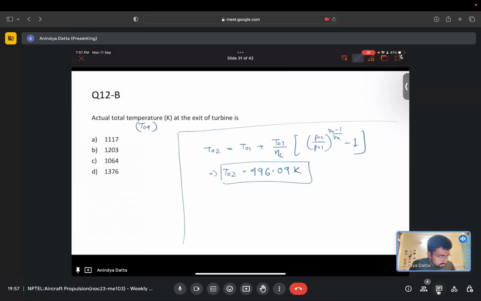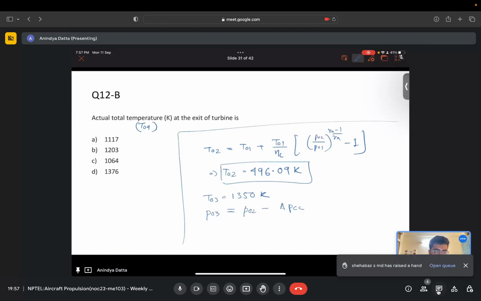Now we know T03, which is given as 1350 Kelvin, the temperature at the inlet of the turbine. The pressure at the entry of the turbine should be equal to P02 minus delta PCC, right? There is a pressure loss in the combustion chamber, so if we subtract that pressure loss from